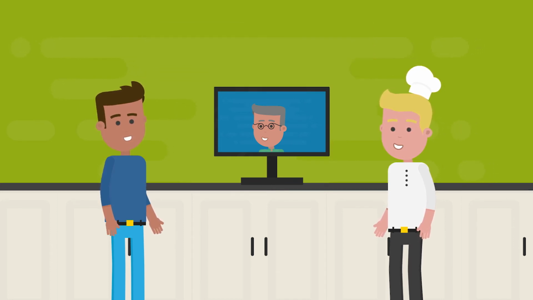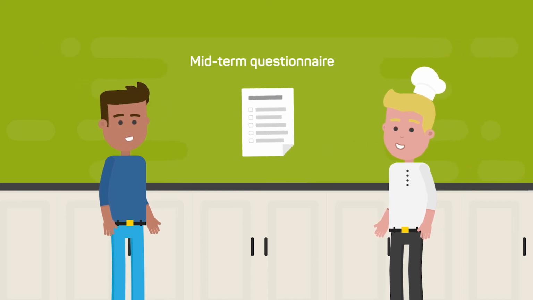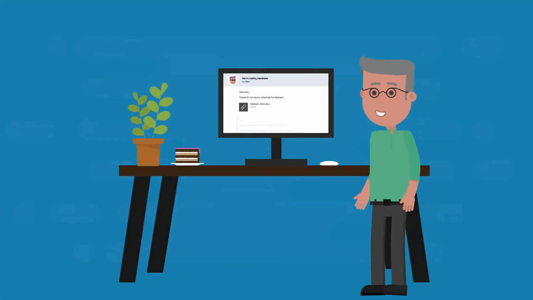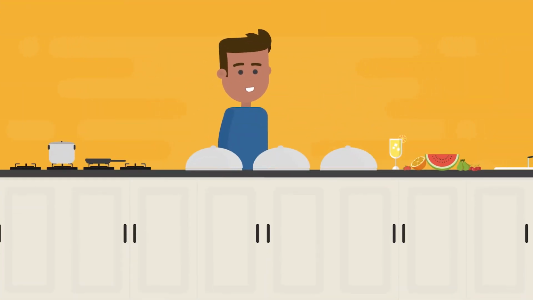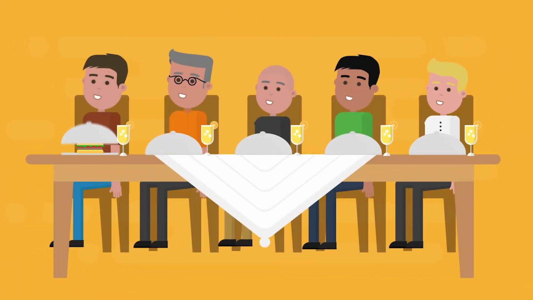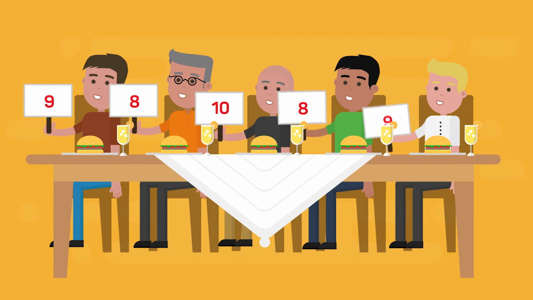Halfway through the period of internship, the mobility coordinator sends a mid-term questionnaire in order to monitor Mark's progress. Mark sends his mobility coordinator the results and reports on his assignments made in the first weeks of his internship. The mobility coordinator gives him feedback by email. In the last week of the internship, Mark will have to do an exam, prepare a 3-course meal for 5 people. This assessment will show what Mark learned during his internship and whether he achieved the learning outcomes established in